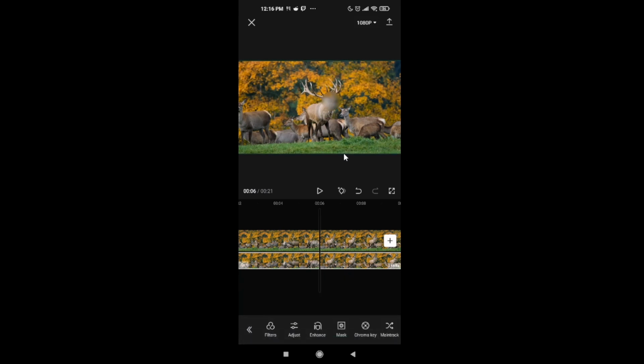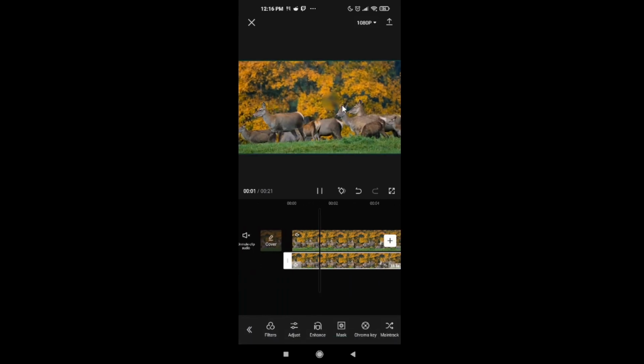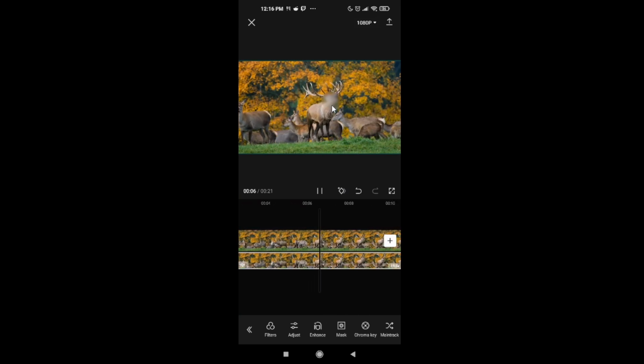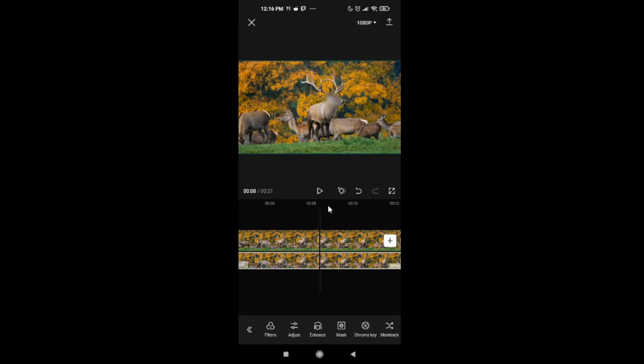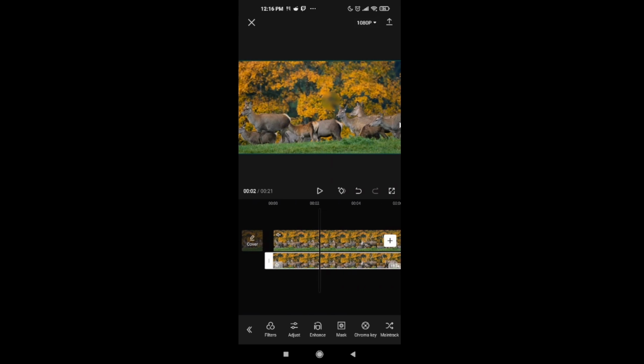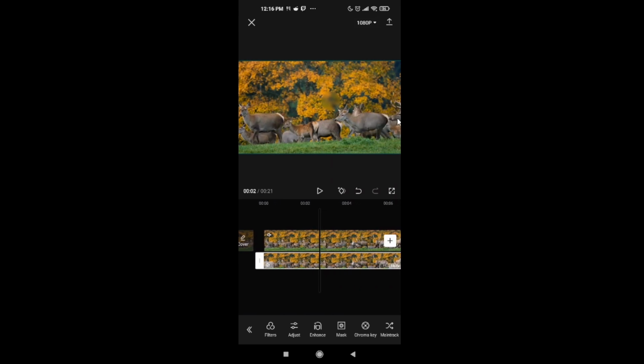Okay. But the problem is, as you can see, the blur circle is still here and it's not moving with his face. So I'm gonna show you how to do it. So find the moment when his face will appear, like here. And just move the circle. Just click on it and grab it. Move the circle on his face, right here. And now you need to click on this diamond here. So click on it. And when you move your clip